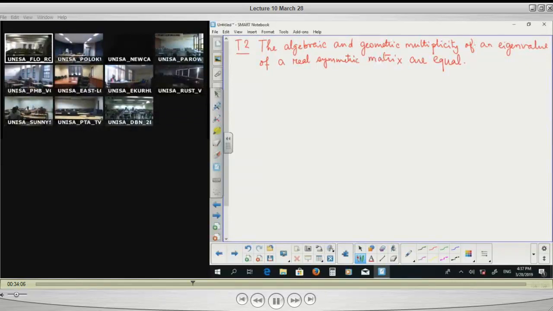Now the proof actually depends on a very, very fundamental principle, another principle which is called the principle of mathematical induction. Okay? So I will just outline what it is. The proof depends